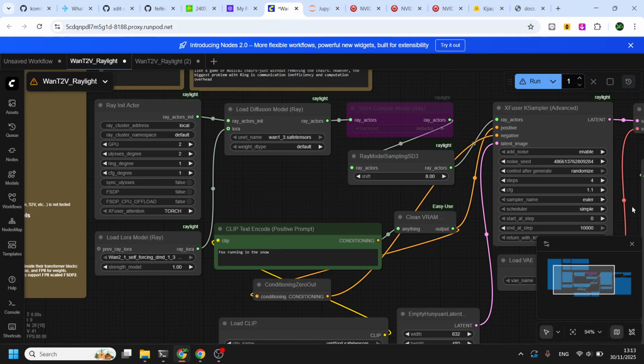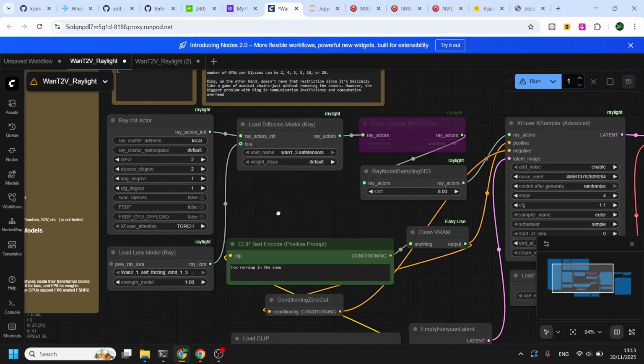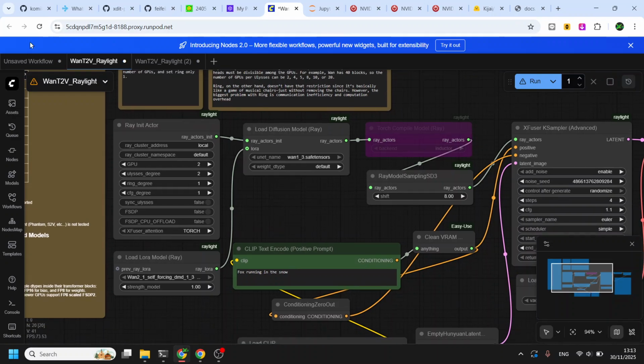So what's Relight? Relight is a custom ComfyUI node that uses multiple GPUs, focusing on sequence parallelism and FSDP, Fully Sharded Data Parallel, to split both the load and the model between multiple GPUs. If you're already using ComfyUI, you might be familiar with another ComfyUI implementation of multiple GPUs, but I will discuss it later. For now, I will explain what Relight is.